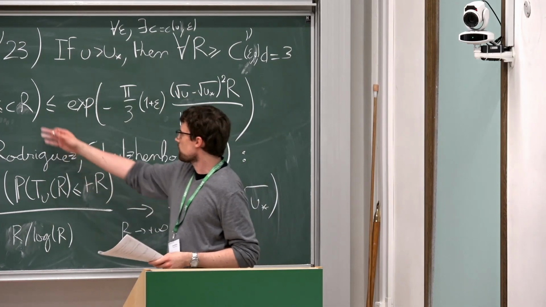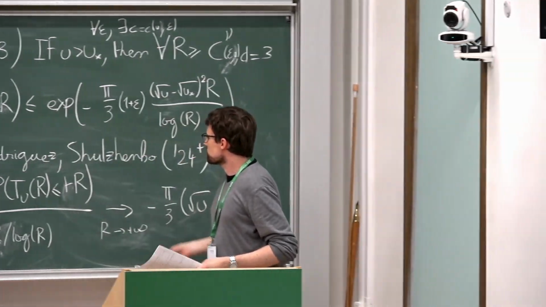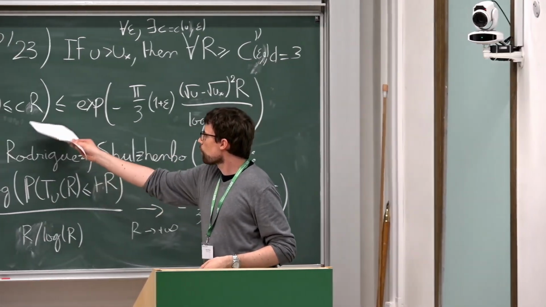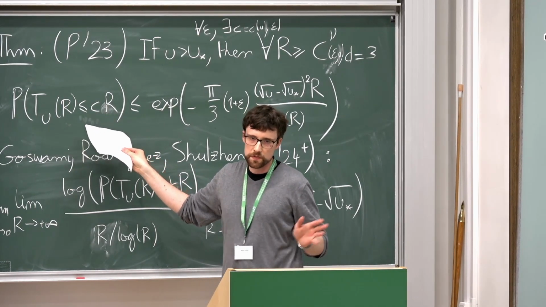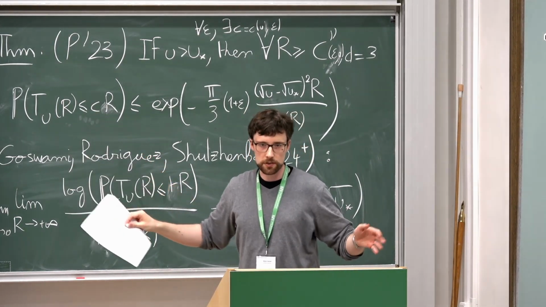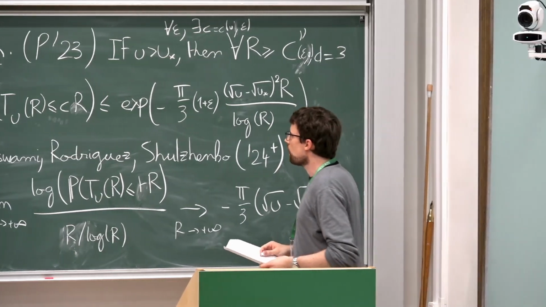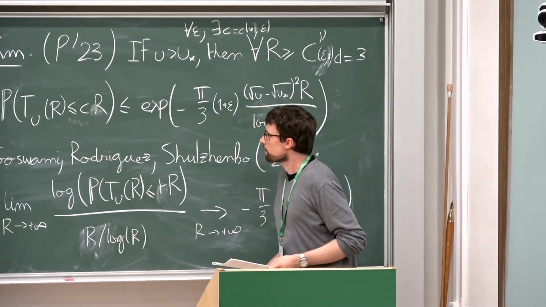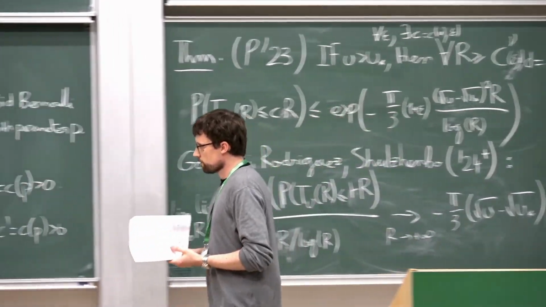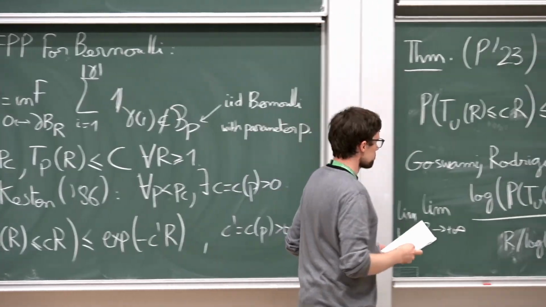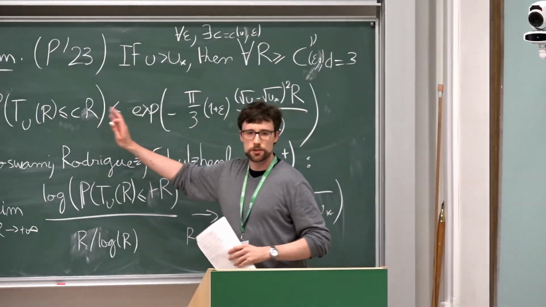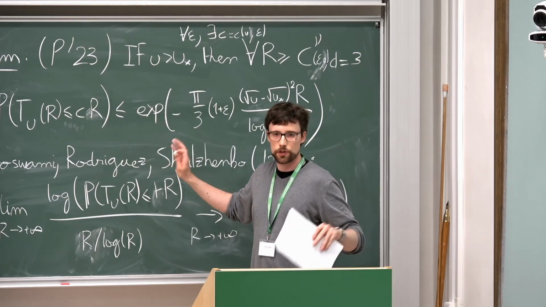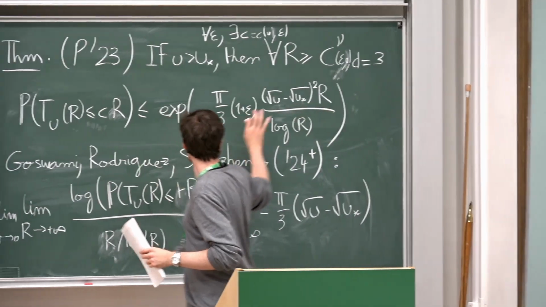The other question is, can you make it go until what the truth is, which is the limit of TU R over R, but this is not clear. You have the time constant as the problem, and that's not clear. But if you don't care about the exact pi over 3, just take C to be some constant which is fixed depending on u, but not epsilon, and you have a bound which is explicit in u.